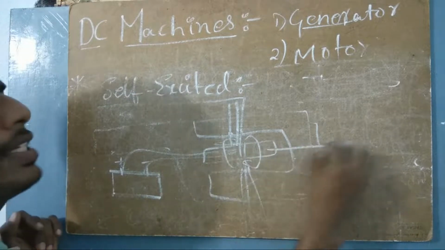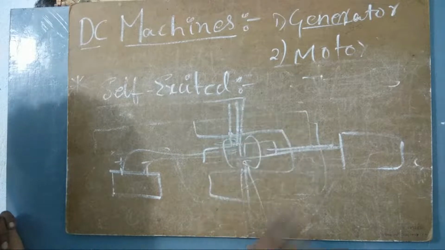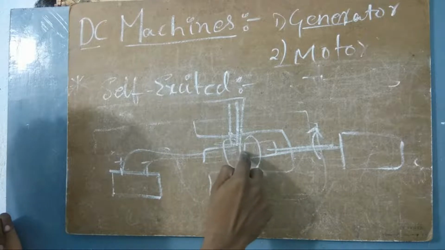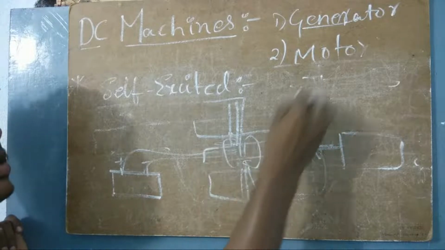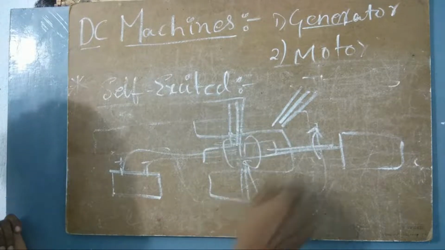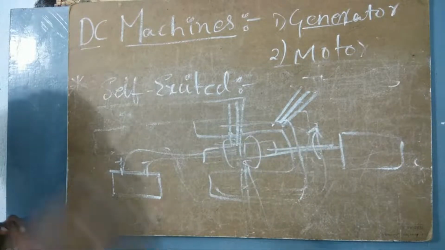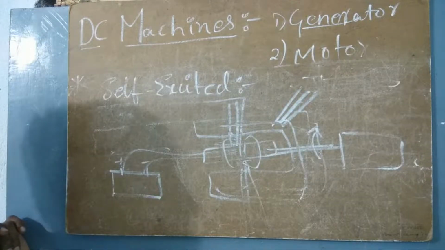This is rotated with the help of a prime mover. The battery is exciting, the field is getting produced. The prime mover is rotating, so when it rotates, this magnetic field will also rotate. When this magnetic field is rotating, it is indirectly disturbing the coils in the stator, right? When the magnetic field is disturbing the coils, definitely the outermost electron of the coils in the stator will get excited. That means the electron will go from the ground state to the excited state. So the electron becomes free, and now the electron must get out of this conductor.